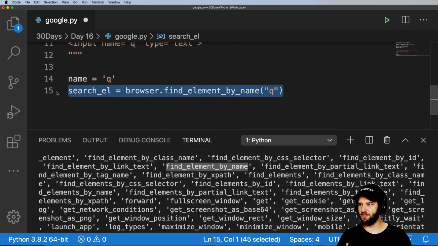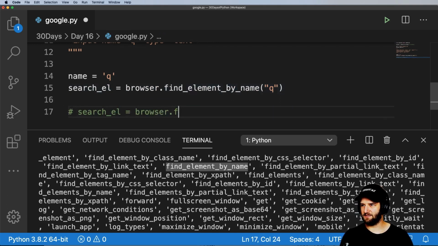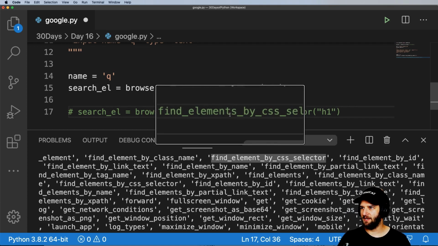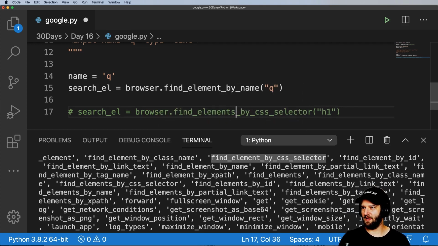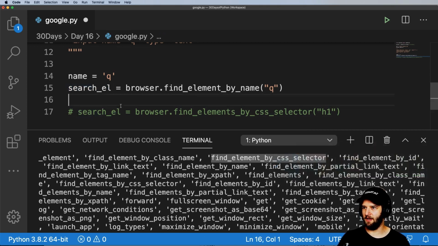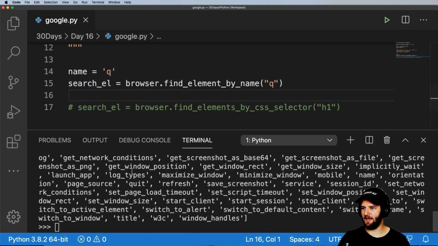Now, if you're actually familiar with CSS, you can do another one that's find element by CSS selector. And you can use a CSS selector, say for instance like H1. That would be whatever the H1 element, or multiple elements by just typing an S there. Either way, both of those things will work, and it's pretty cool. If it doesn't find it, it will raise an exception, which we'll see a little bit later once we get this down. Okay, so now that I've got this, let's go ahead and exit out of my interactive window here,